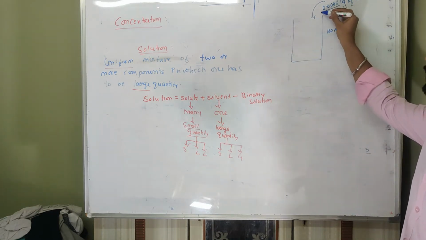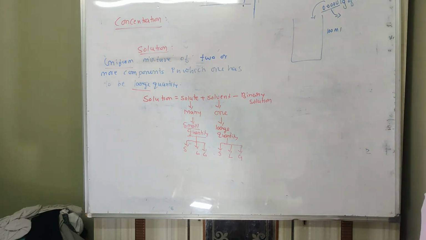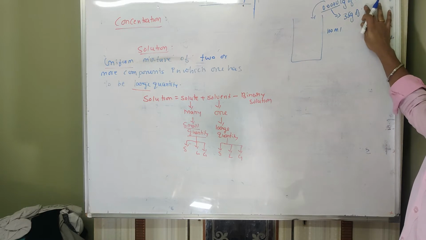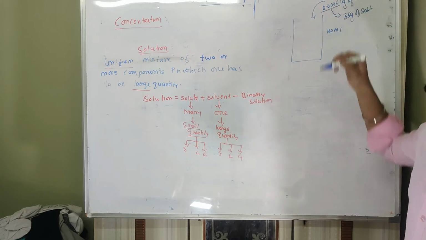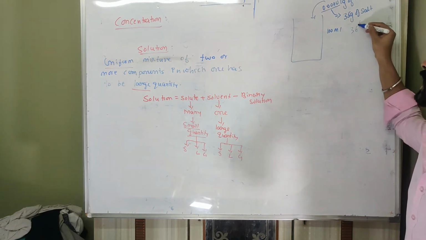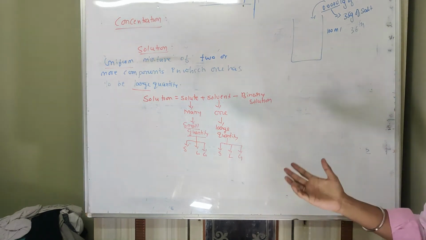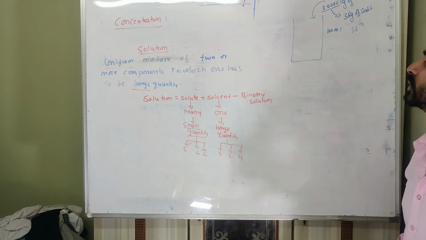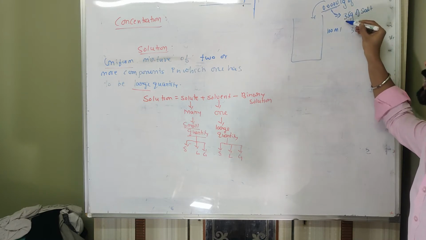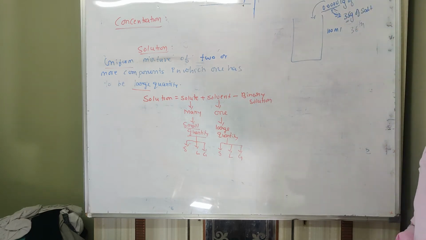Now this amount of solute I can vary till I get saturation. So maybe when I add 35 gram of salt, it can get saturated at this moment, and from 30 gram onwards, the 36th gram may not get dissolved. Thereafter I cannot call it a true solution. Thereafter it will be a suspension or saturated solution. So starting from very, very little to a maximum amount that I can dissolve, I can add a variety of solute inside the water.